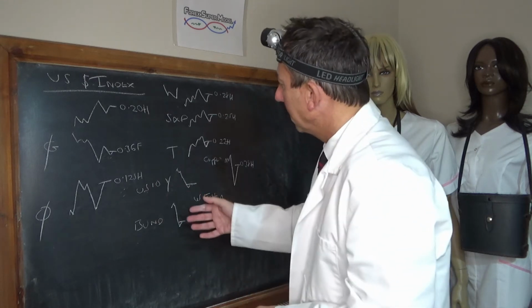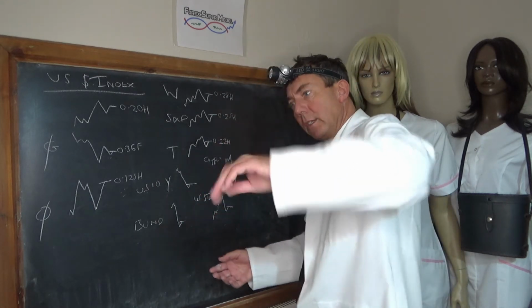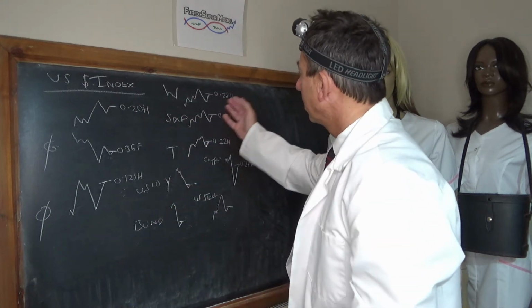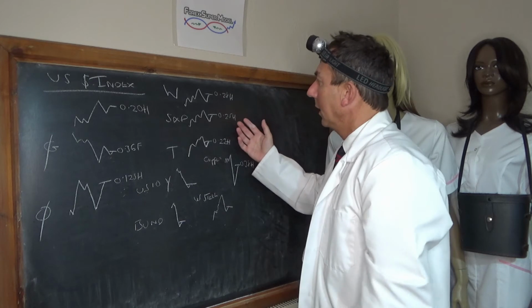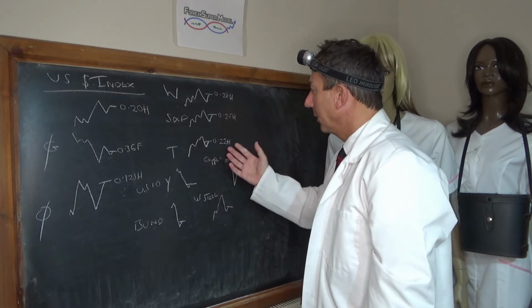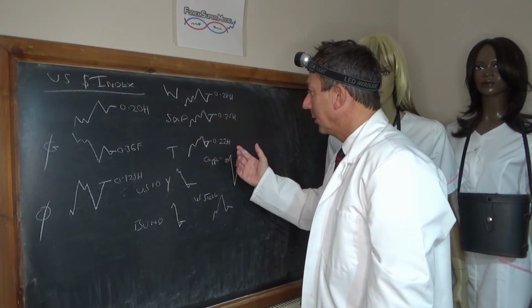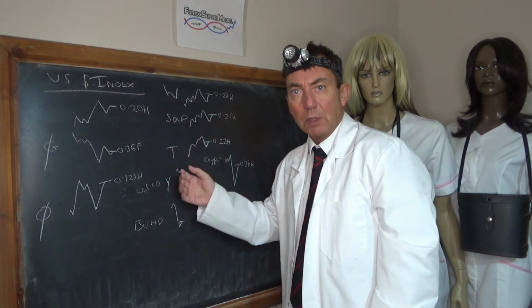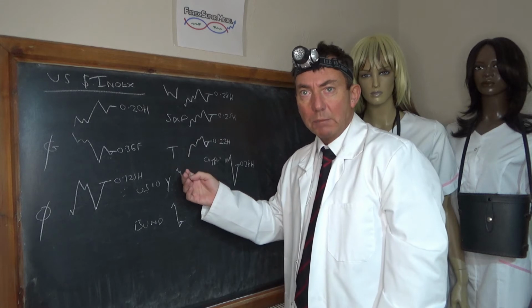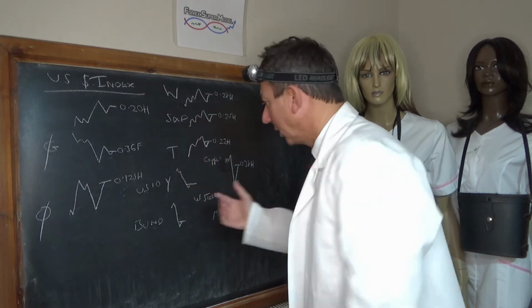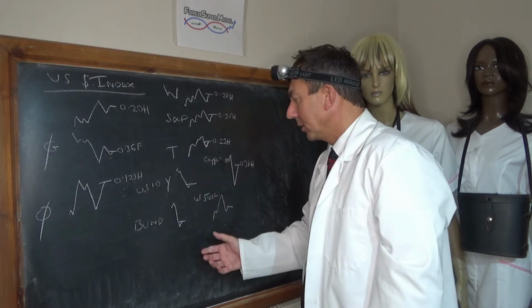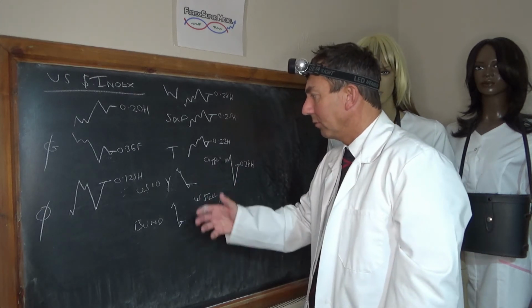Wall Street, S&P and Tech, they've all got this big rise, drop and then recovery. Wall Street 0.28 from the high, S&P 0.25 from the high, and the Tech 0.22 from the high. So you can see that they're all roughly 25% below their modelled highs, but they're on the up at the moment. So US 10-year and the bond, these are the prices of the bonds, so yields are inverse.